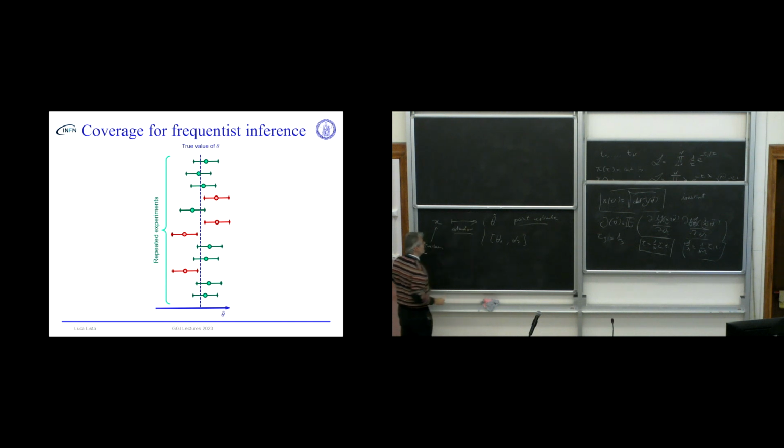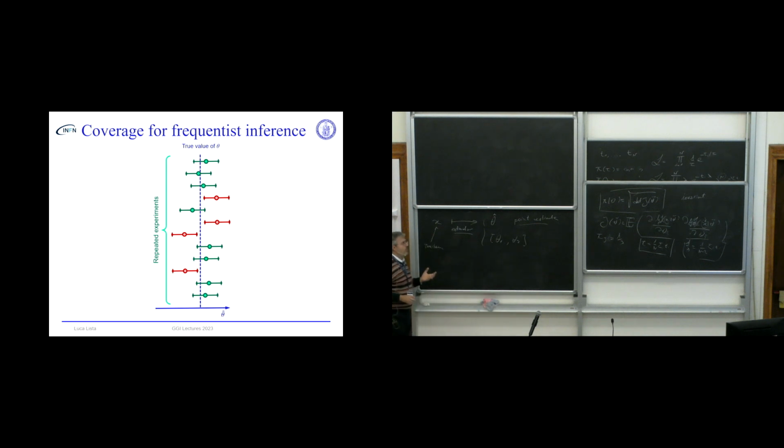Okay, so different algorithms will be different estimators. Once I have this random variable, I extract the point estimate and the uncertainty. Since an algorithm is basically a function, the point estimate and the extremes of the interval will also be random variables, okay? So if I do another experiment, I can repeat the experiment because I'm in the frequentist regime. I obtain different point estimates and different